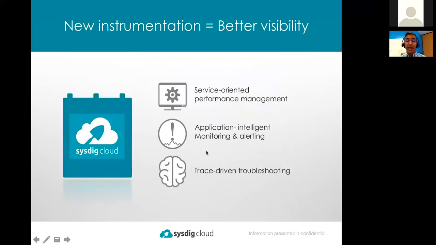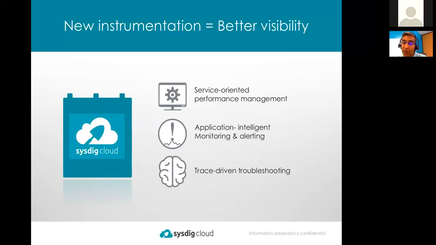You can see what we think of as these 3 layers of visibility into your infrastructure. First off is service-oriented performance management. So in the old world, you were thinking about a host, and you could very quickly and easily relate that host to an app. That's not the case in dynamic distributed container environments. So instead, we think about aggregating container information into service information. So you can say, how's my billing service doing? How's my database service doing? And we'll go into that in more detail.